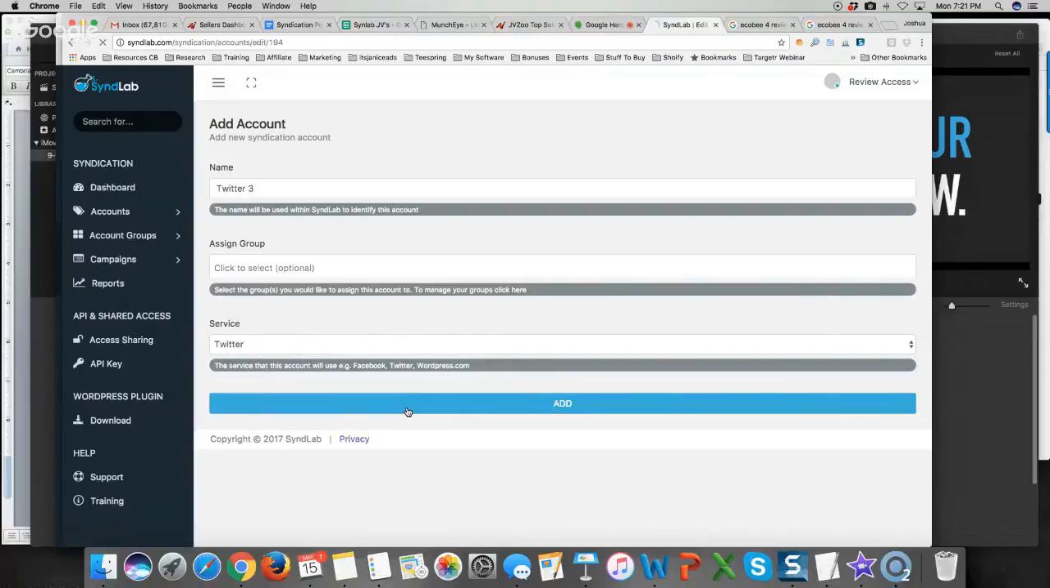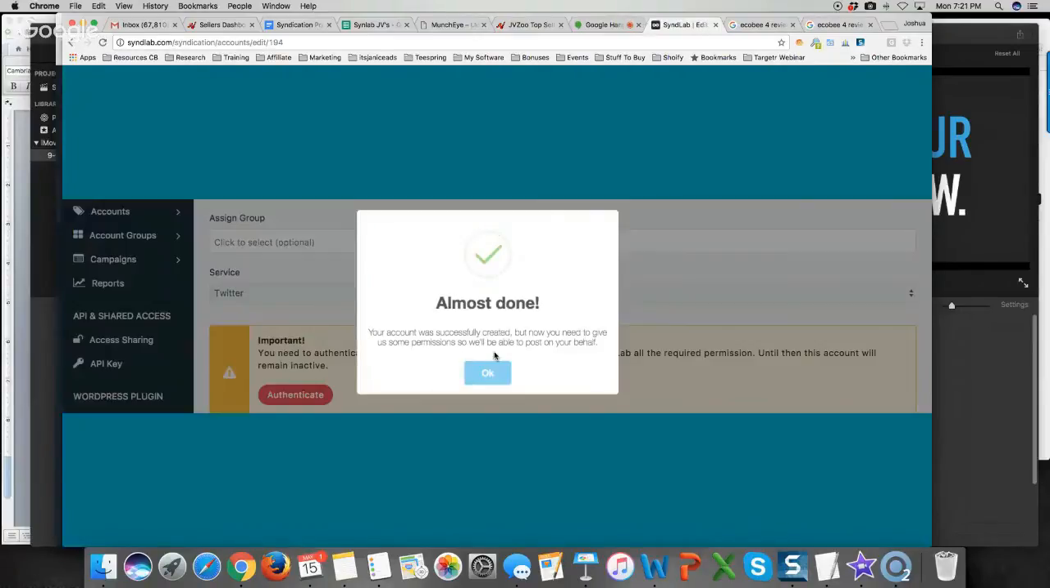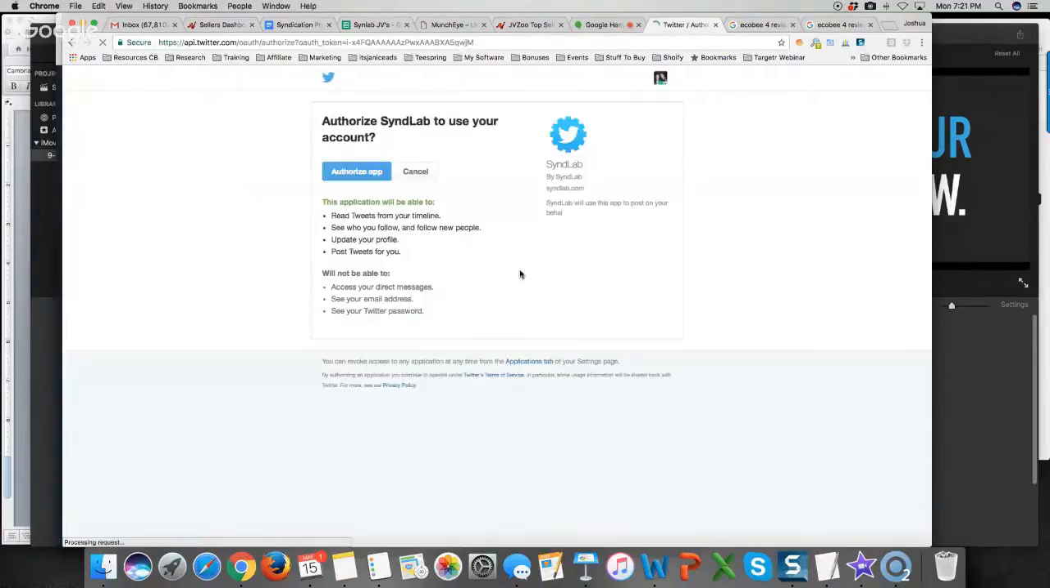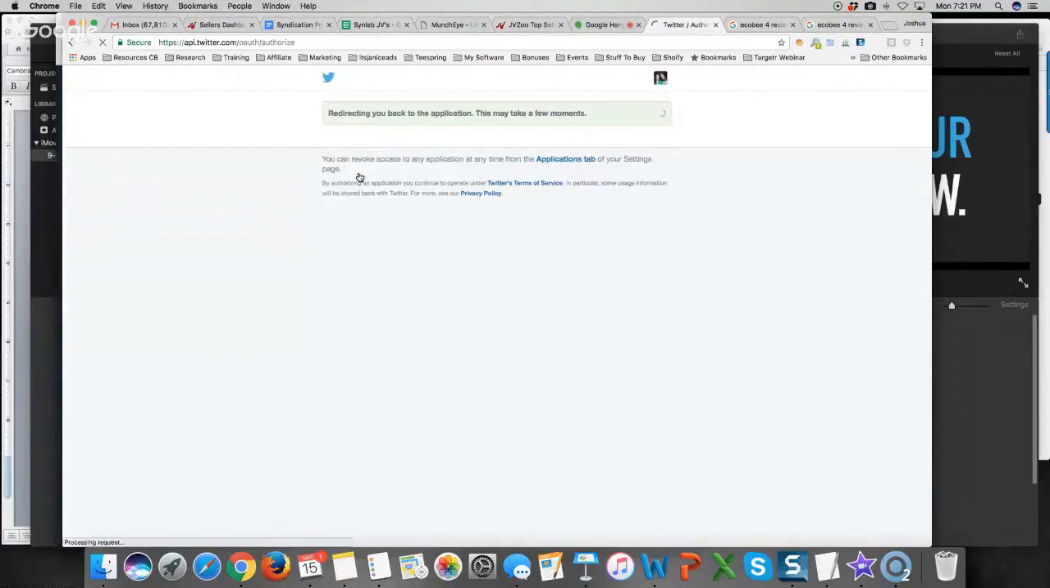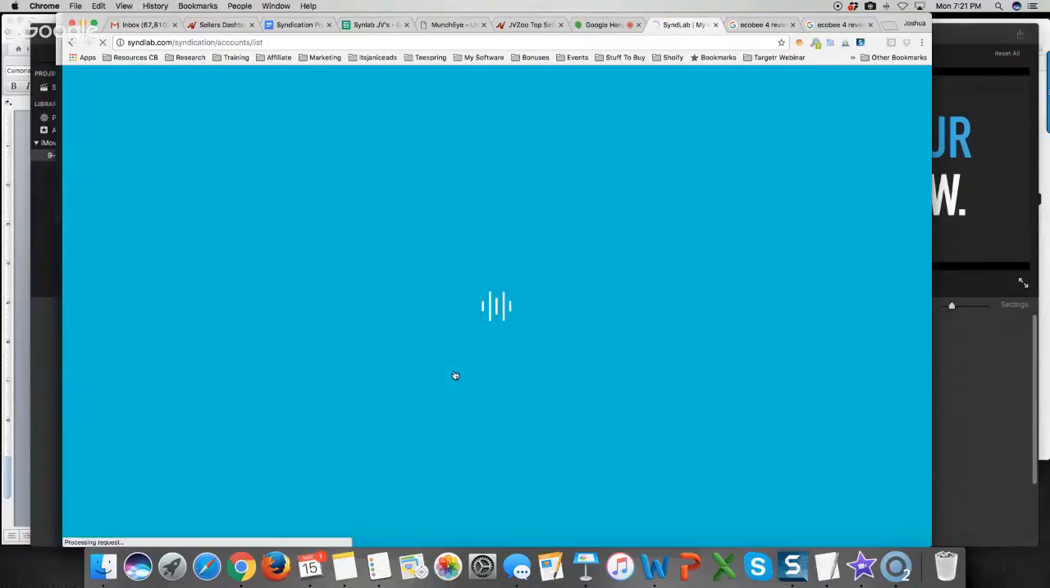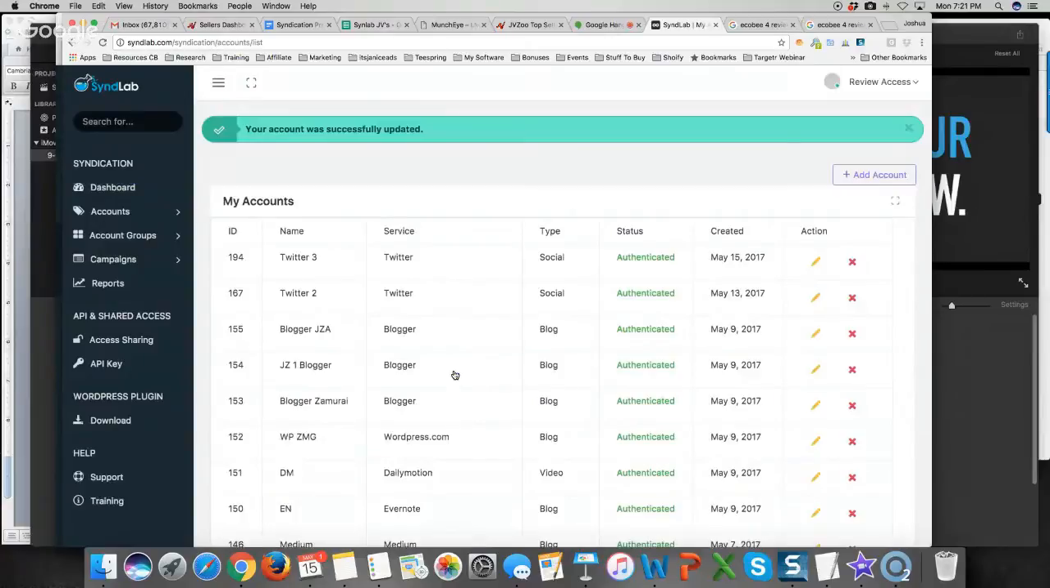dashboard. So I click add here, almost done, click OK, click proceed, and it's going to automatically forward me. Click authorize. I'm going to go back. Automatically, boom, that's it. Within 3 clicks, I've added a Twitter account. Click save, and now I'm good to go. Okay, that's how simple it is to add an account to SyndLab, and it's similar to 99% of the sites